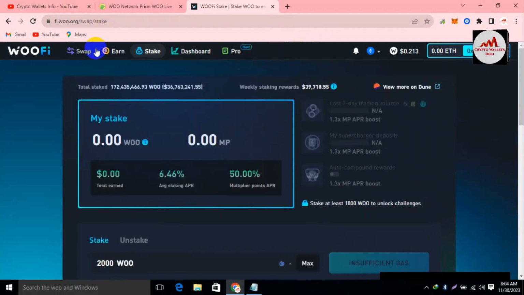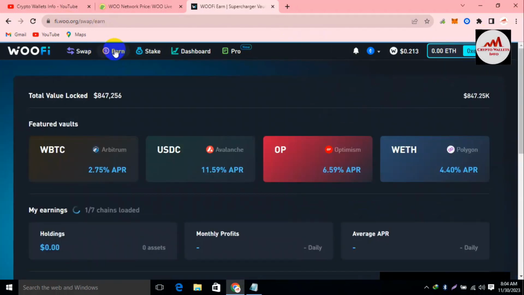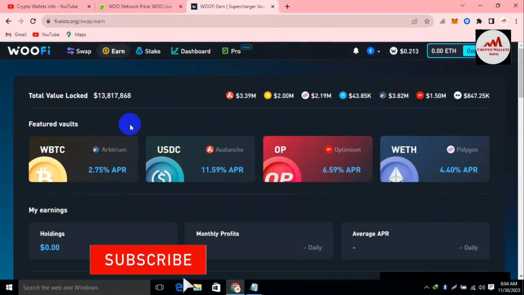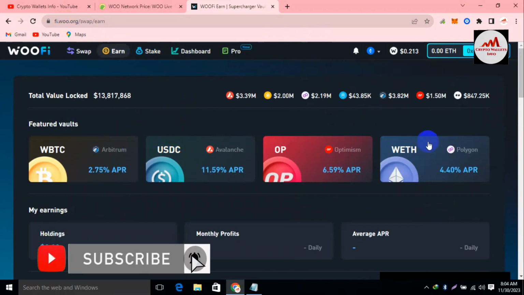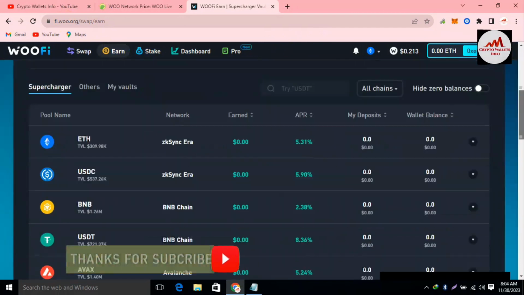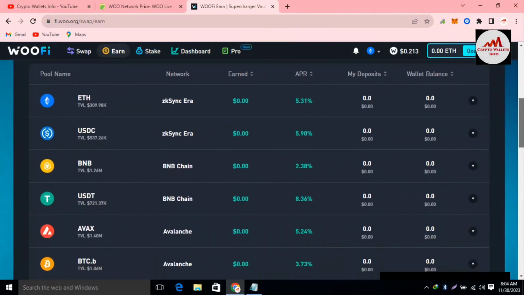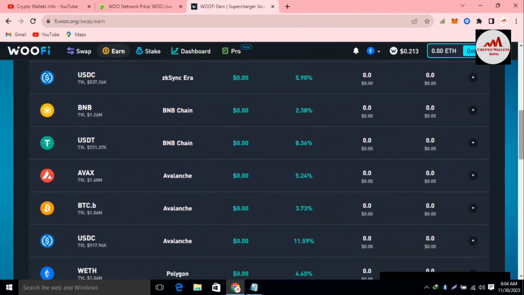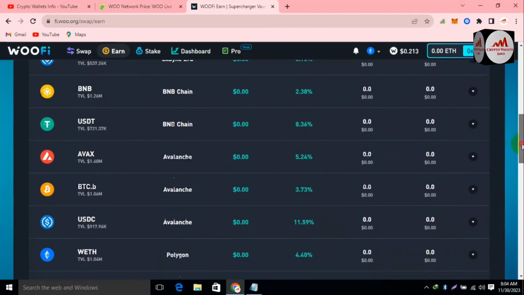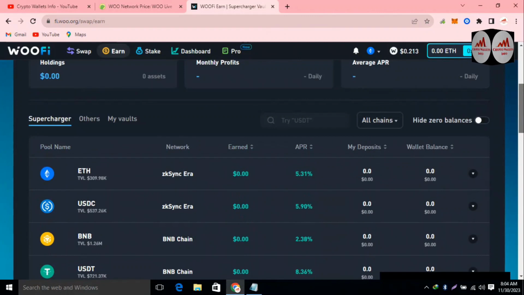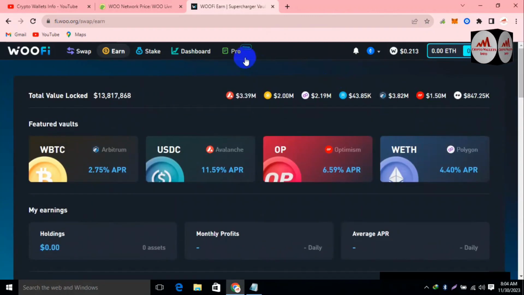Okay, and also the earn option is shown here, so you can check the earn option and you can also use these pools like Ethereum, USDC, BNB, USDT, AVAX, BTCB. You can use your own wallet with this DEX application. Okay, so guys, I hope you properly understand how you can connect your Coinbase wallet with the Woo network or WOOFi